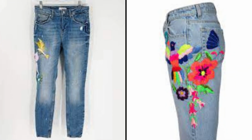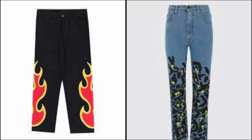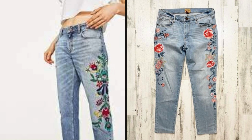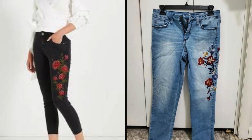What makes embroidered jeans truly special is their ability to tell stories. Whether it's a floral motif inspired by the blooming gardens of a distant land or a geometric pattern that echoes the rhythms of urban life, the embroidery on these jeans carries with it a narrative that speaks to the diverse tapestry of human experience. In wearing embroidered jeans, one becomes a storyteller, weaving together threads of culture, tradition, and personal